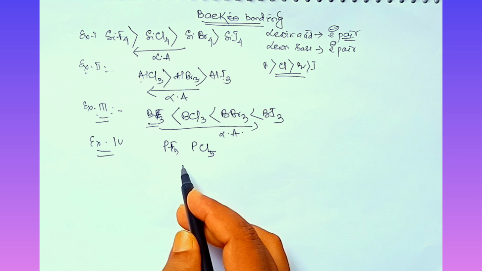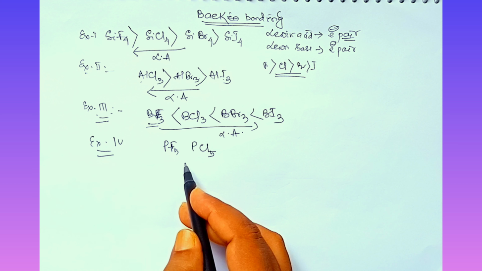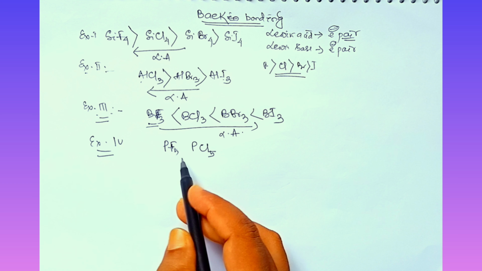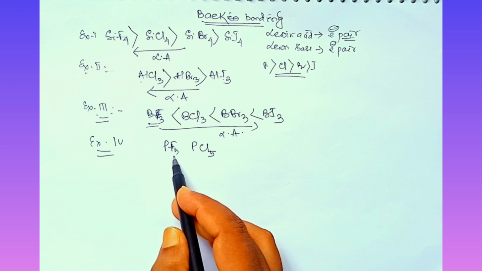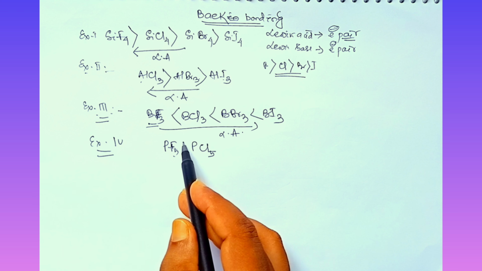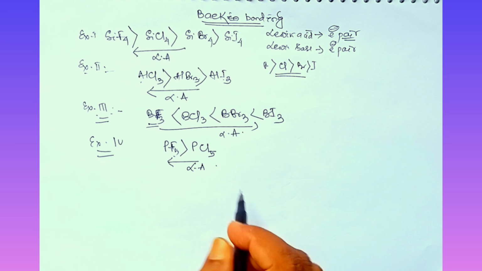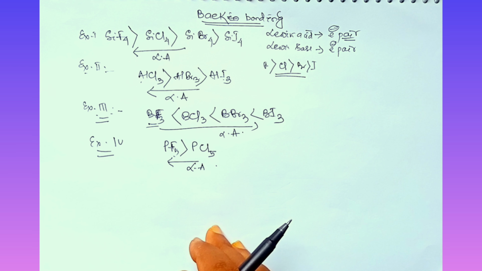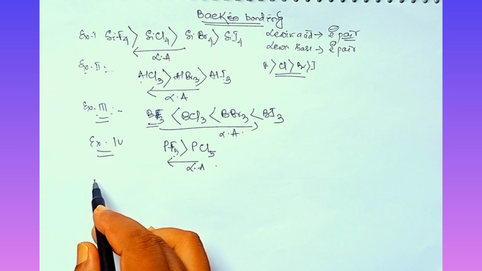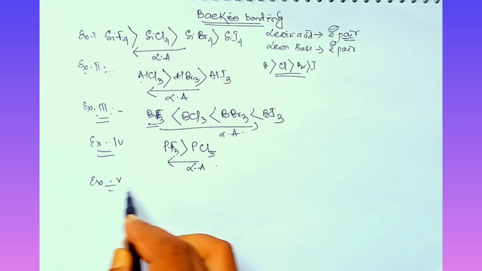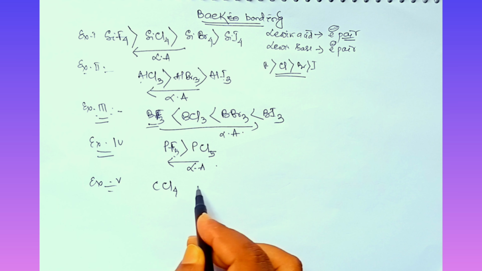So here we will not consider the concept of back bonding, only depending upon the electronegativity value we have to consider. Fluorine has higher electronegativity value than chlorine, so that's why PF5 is the stronger Lewis acid than PCl5. We will take one more example,